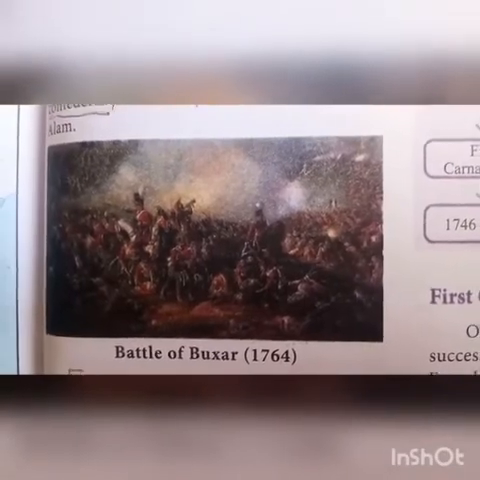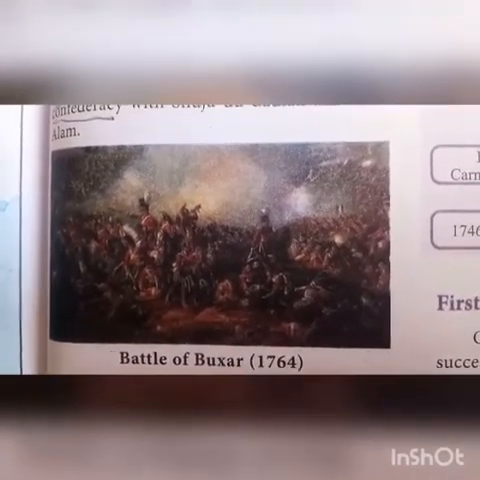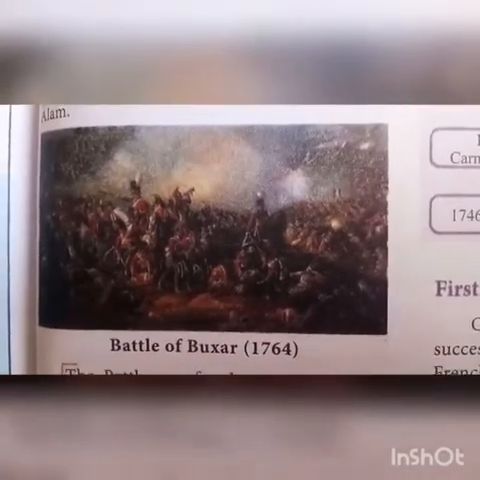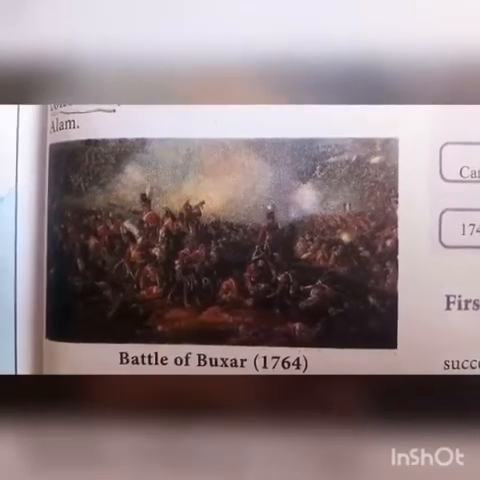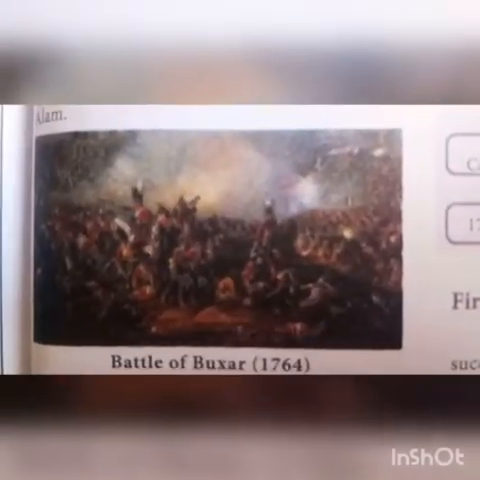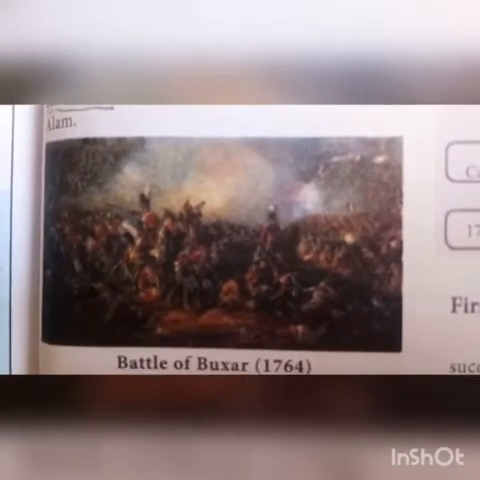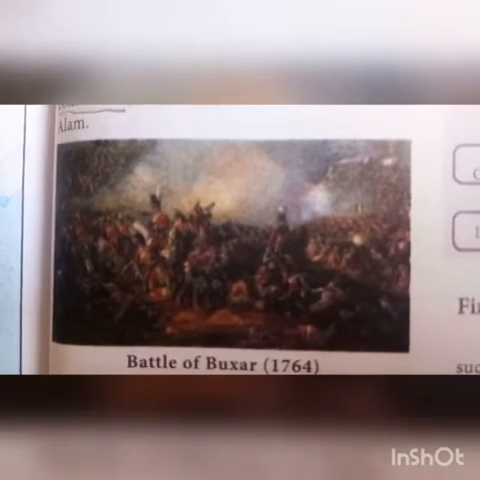It was a decisive victory for the British East India Company. Shuja-ud-Daulah, Shah Alam and Mir Qasim were defeated by General Hector Munro. Mir Jafar was again placed on the throne. On Mir Jafar's death, his son Najm-ud-Daulah was placed on the throne and signed the Allahabad Treaty on